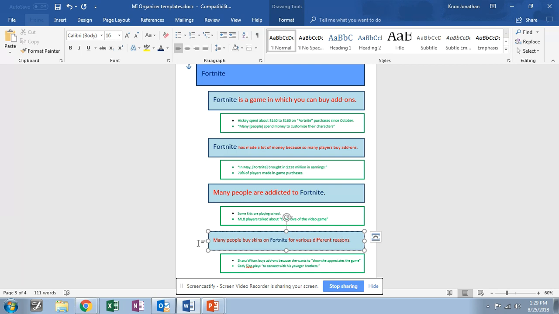And what we can try and do is combine as many of those individual central ideas into one sentence. And if we can do that and it makes sense, and then we ask ourselves, is this what the author is trying to tell us about Fortnite? Then we have our central idea. So let's try. Fortnite,